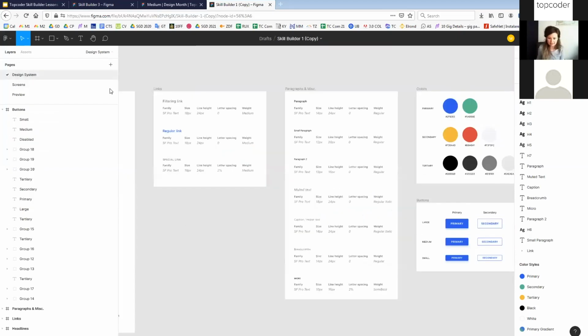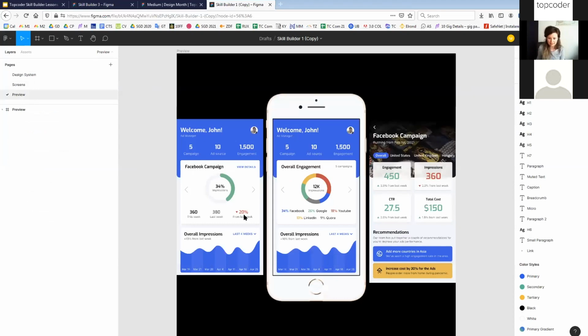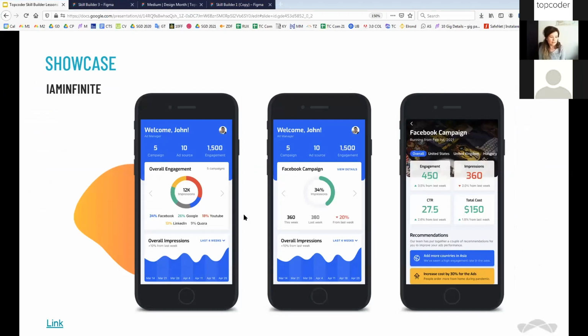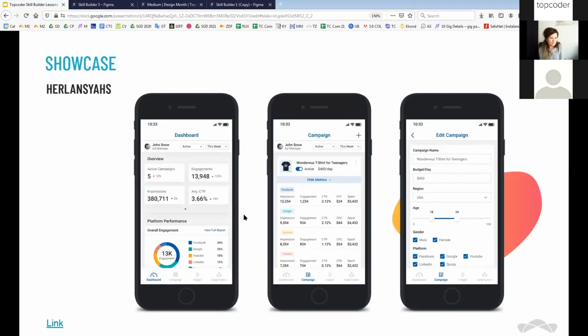Then going to the next submission. He's more of a newer member, but he did a great job here. His design was more clean and airy. He used the colors well, focusing more on the data rather than the background elements. You can see here. He provided extra screens, so besides showing the dashboard and the campaign details, he also showed